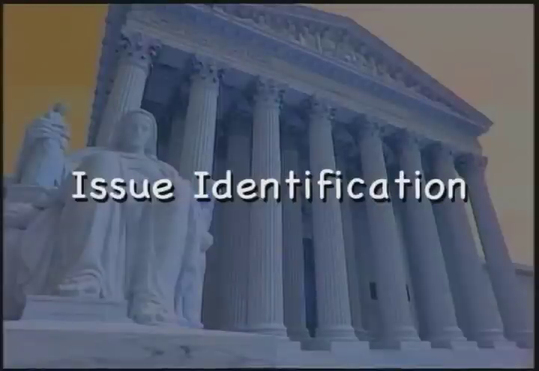How does an idea get translated into some kind of tangible action, such as a law or a rule or regulation? Well, scholars have identified one of the first stages of the policy process as issue identification. What happens here is that some event may occur in our society. There may be some tragic event. Somebody comes into a post office and opens fire with a machine gun, and people begin to call for government to start passing strict gun control legislation.